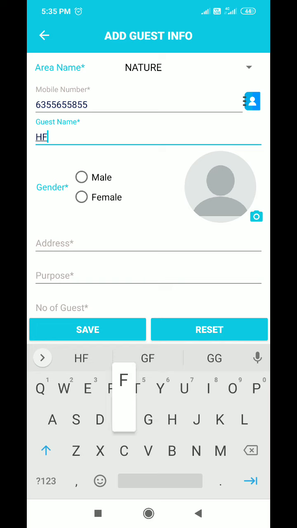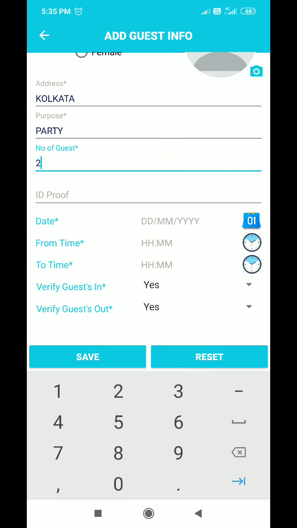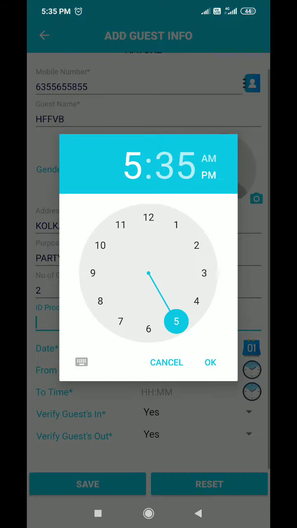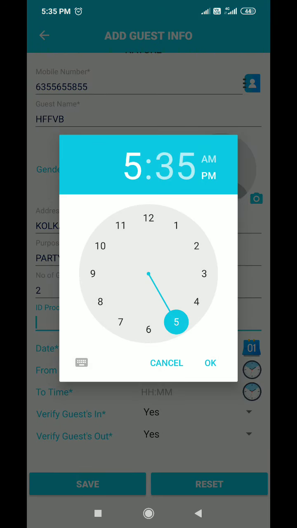Please provide his name, the gender, photo, where he is coming from, Kolkata, and the purpose, party. I'm also going to choose the date, the 17th, from 5 p.m. to 7 p.m.